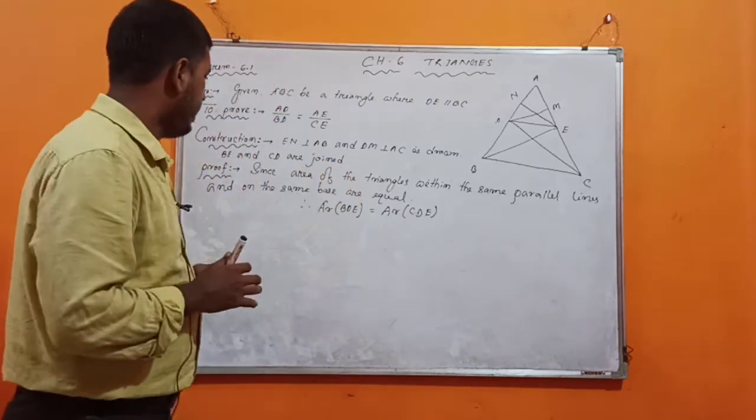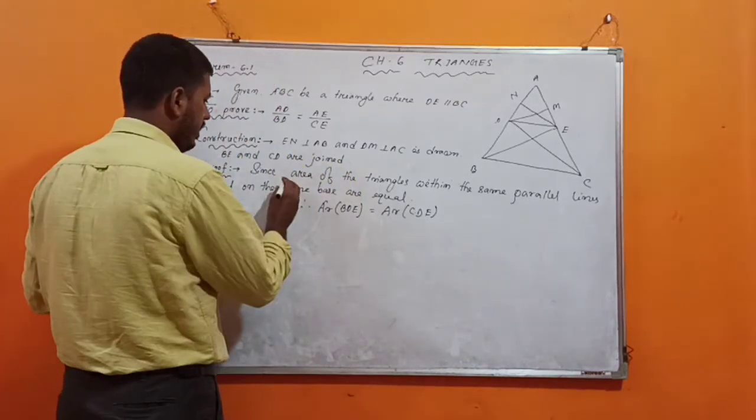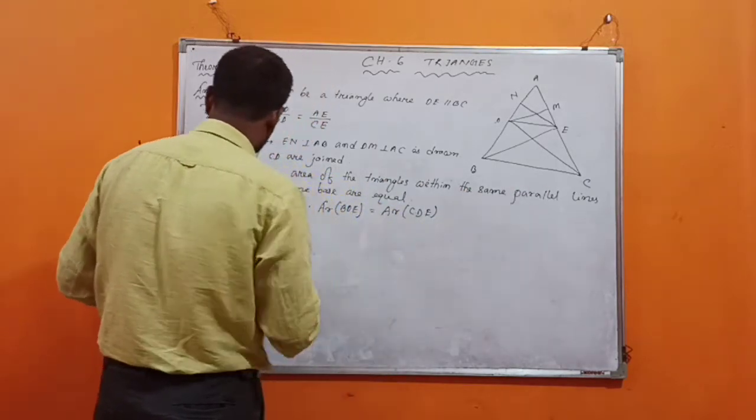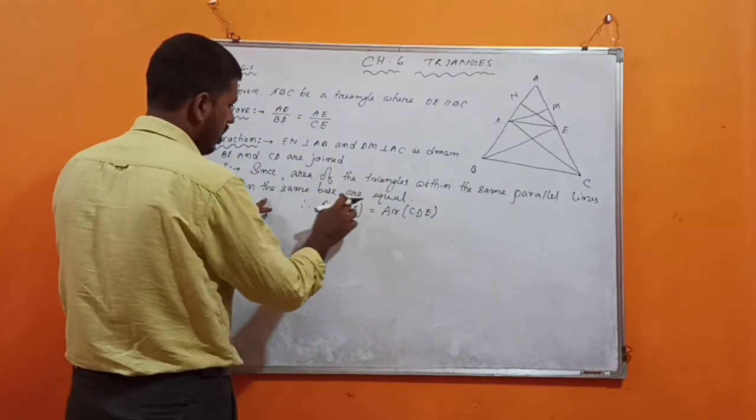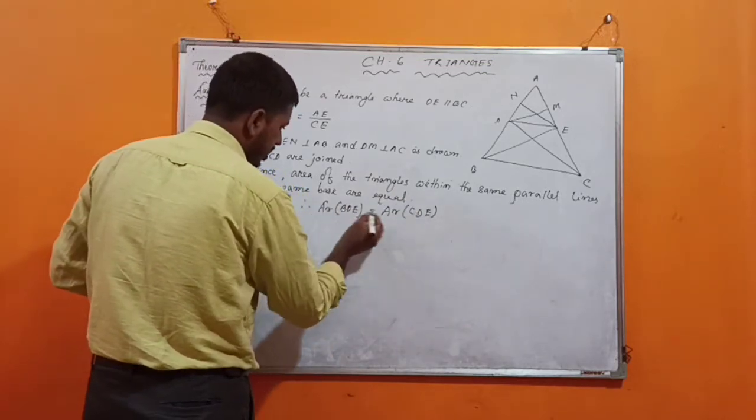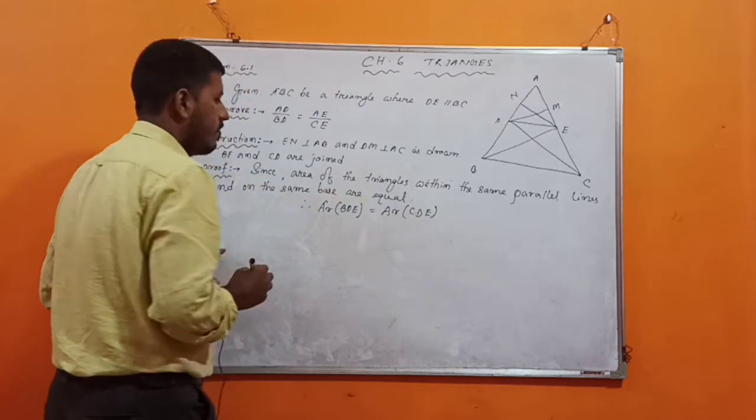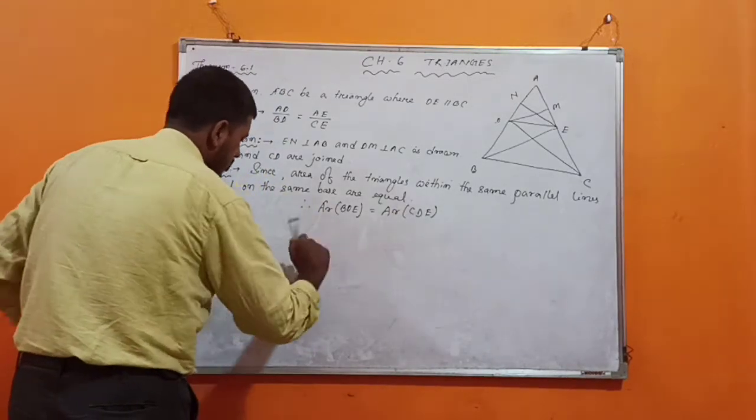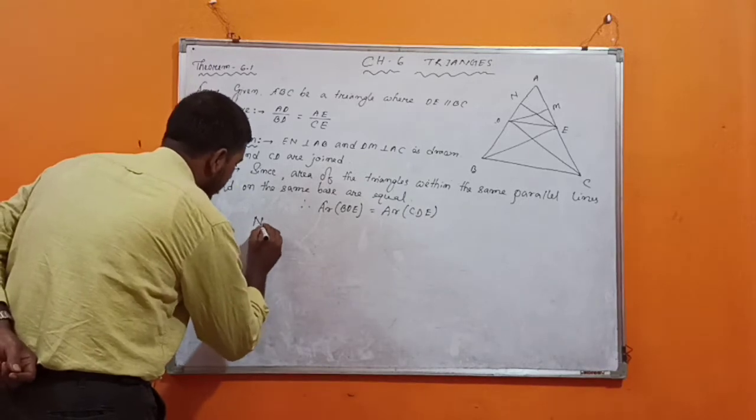Equal. So what I have written, since the areas of triangles on the same base and within the same parallel lines are equal, I have written area BDE equal to area CDE. Okay, now look at this. We are starting our main points to prove. Now we can write